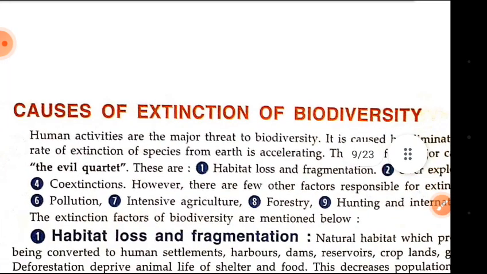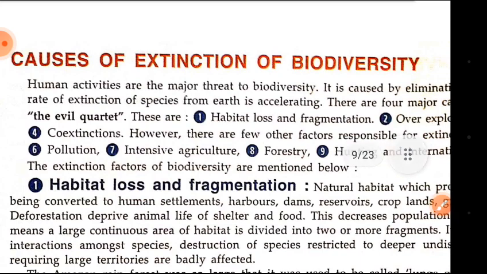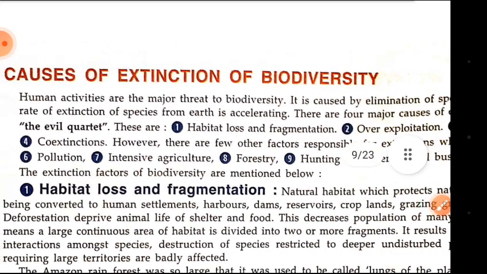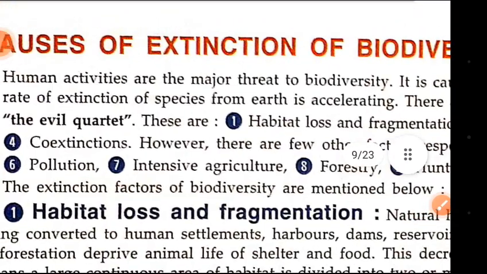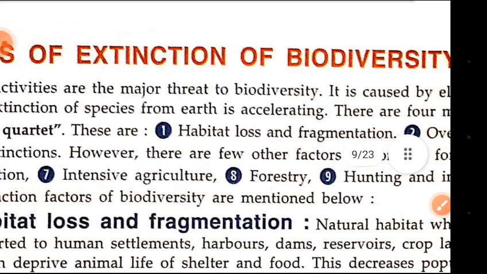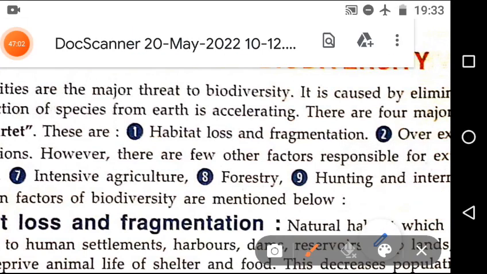Now here it is saying about what the causes of extinction of biodiversity are. Why is biodiversity getting extinct or lost? The first cause of extinction of biodiversity is habitat loss and fragmentation. We are losing the habitat of the particular species, or the communities of the species in that area, for our own profit,